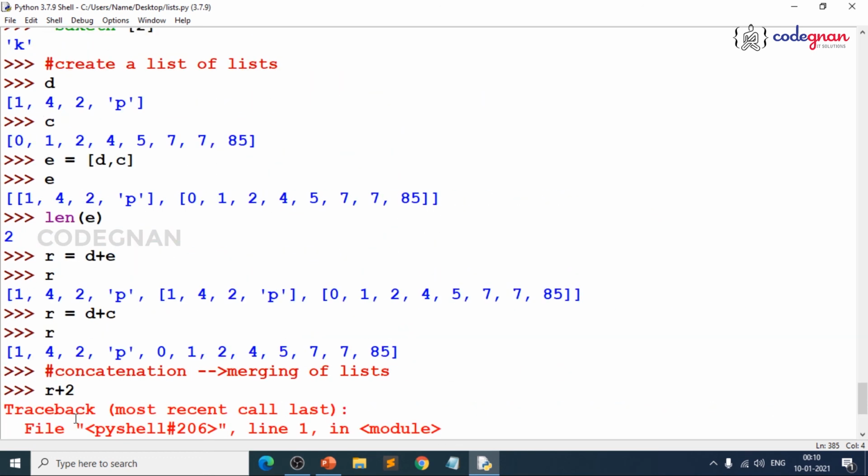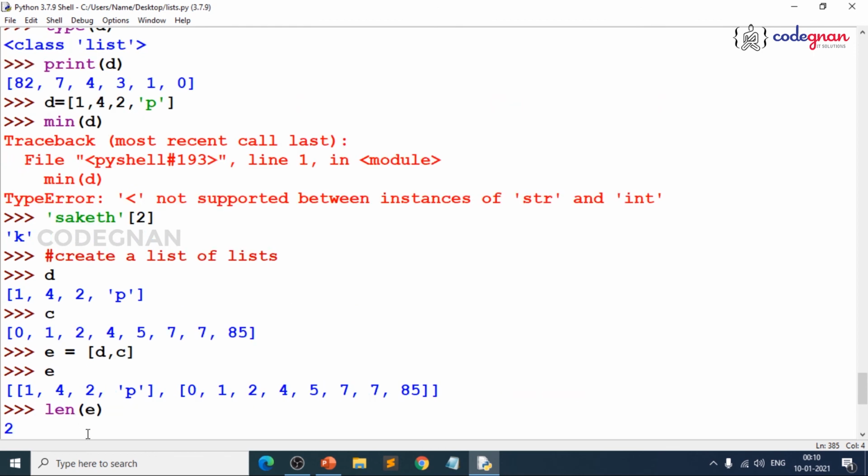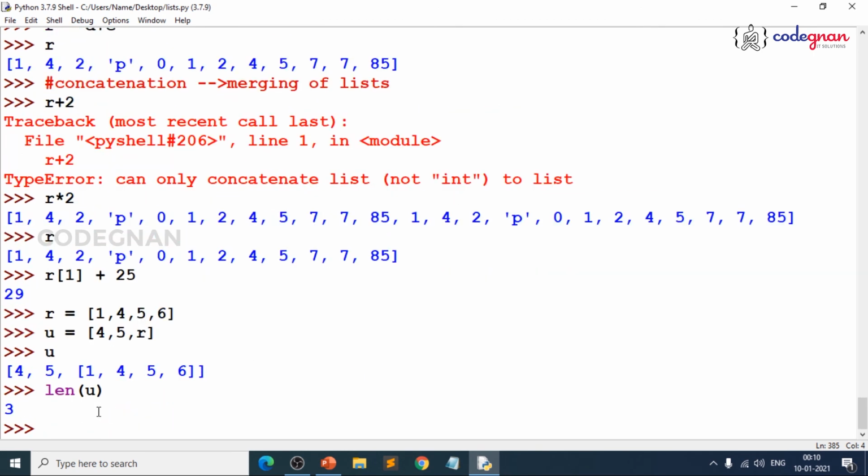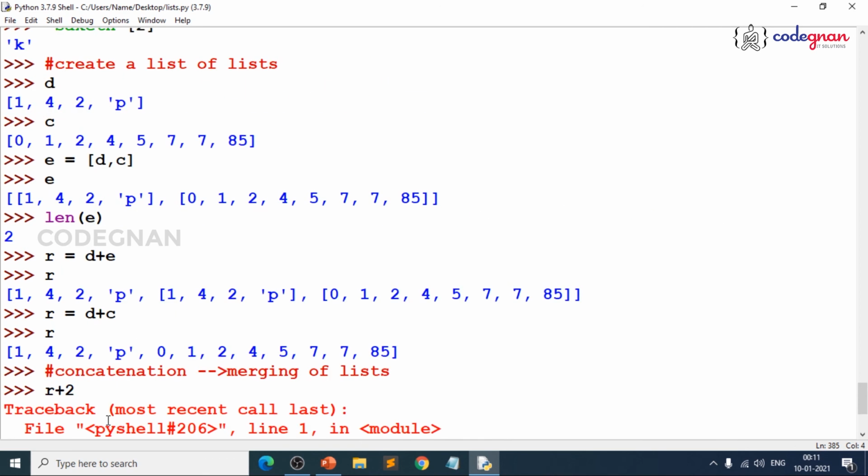So that is how we have seen how to add elements into a list, how to remove elements from the list, how to understand the merging of lists, and how you can repeat the list, because you cannot add an element into a list, but you can multiply, or you can just repeat it. Don't call it as multiplication, you are repeating the list. That is how these are the possible methods over a list.